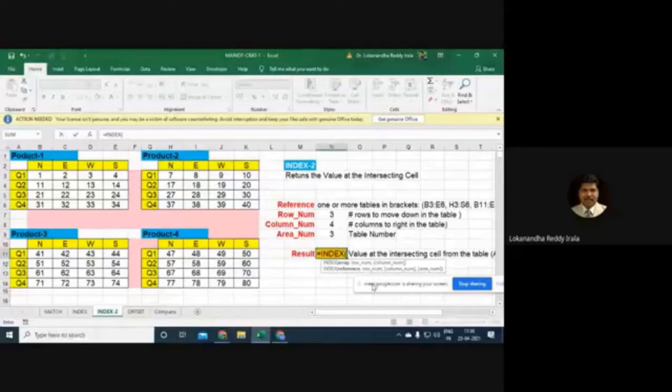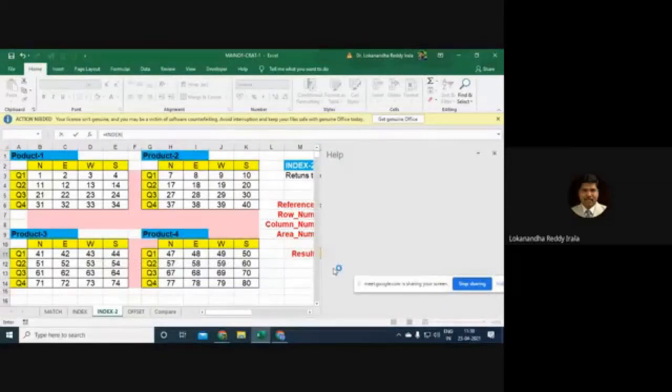So for this, the arguments are simple. We were earlier giving only one reference. Here we'll give a few more references. So now let me start. Here I'll go and say index. This time I'll select this one.